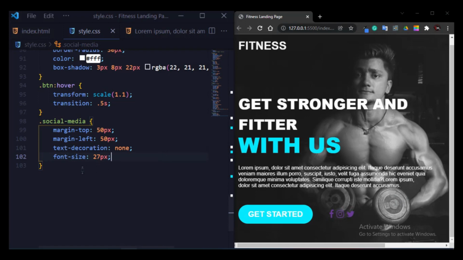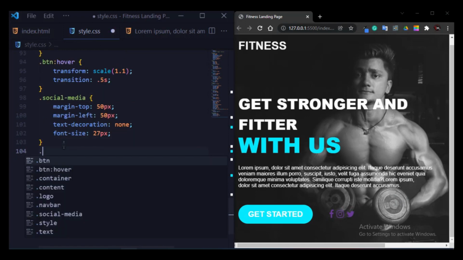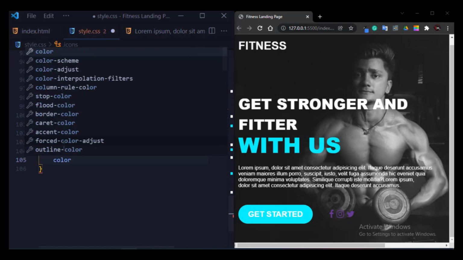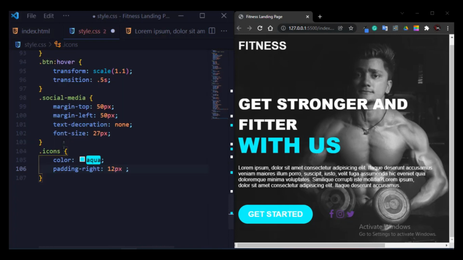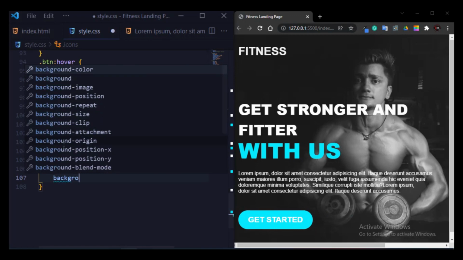So now I will change the color. So here I will write dot icons and color, padding 12 pixel, 10 pixel and 12 pixel. Now I will give background color.